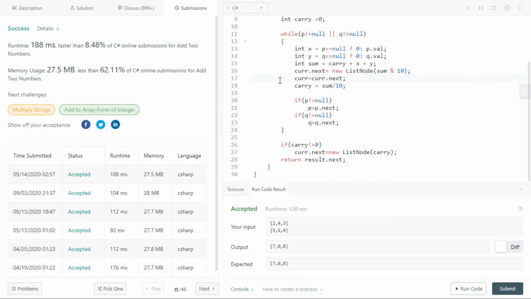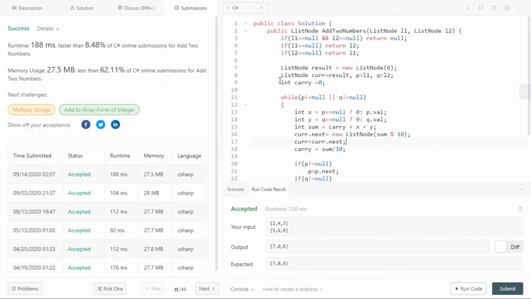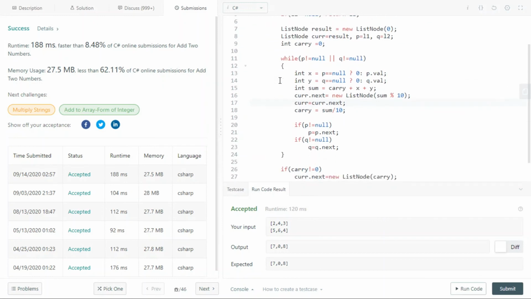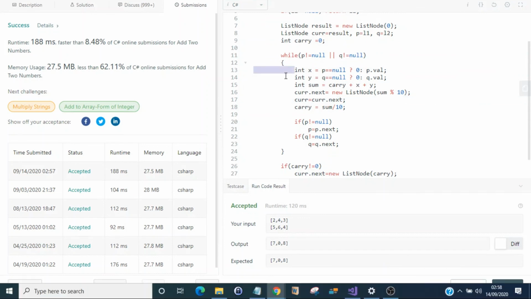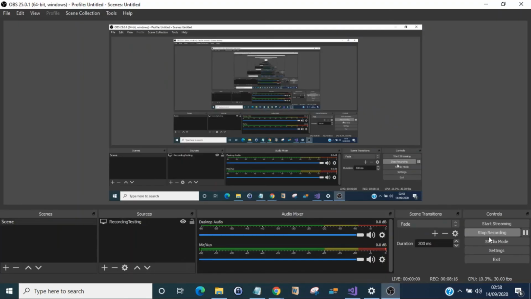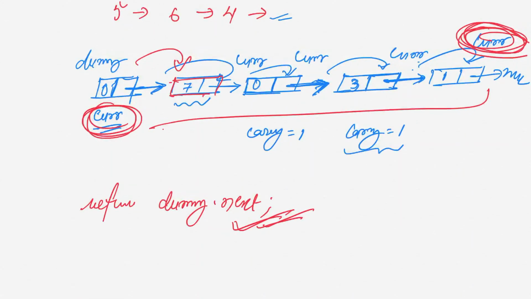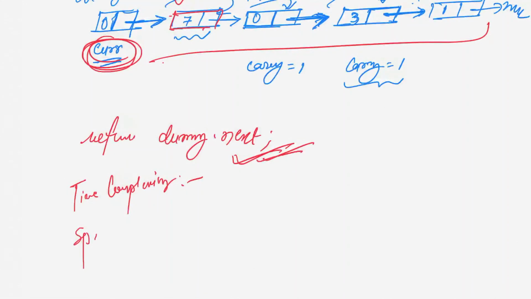Okay, so another thing, let's discuss the time complexity and space complexity of this program.